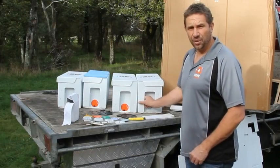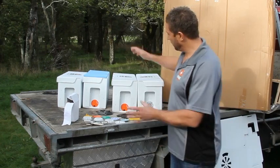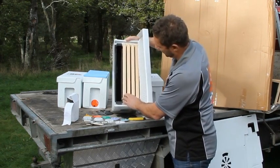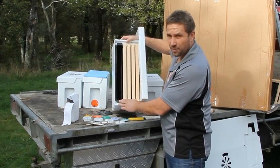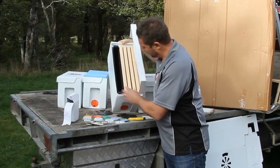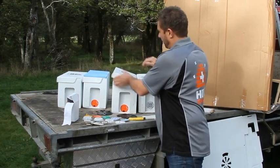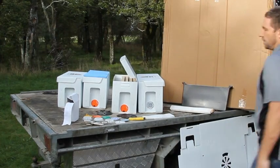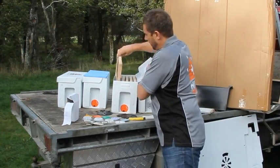Okay. So with the new Nuc boxes, the major changes we've made: you can fit 4 frames in, plus a 55mm wide internal feeder, and there's a little bit of room left. Alternatively, you can use 5 frames in there,